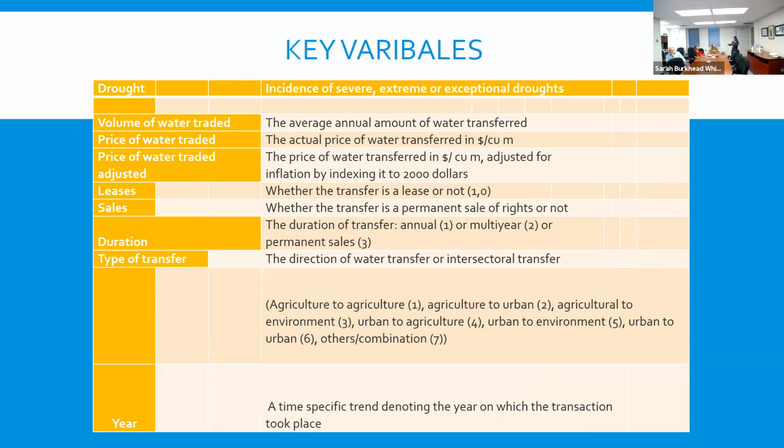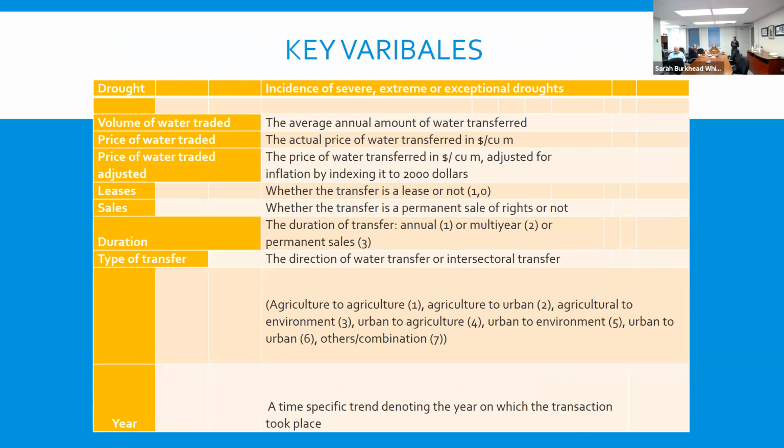So you take the water, you are doing the leasing with the state agency, the water bank, and you are saying that, well, for 2 years, I will have access to this. So leasing is not just for 1 year. Leasing can be for multiple years. So I put a categorical variable, 2, for multi-year.